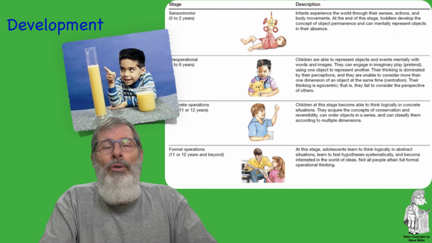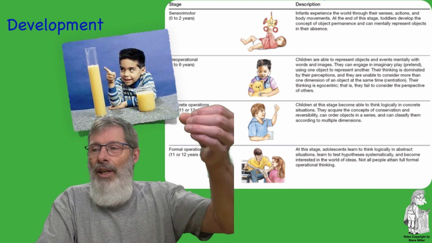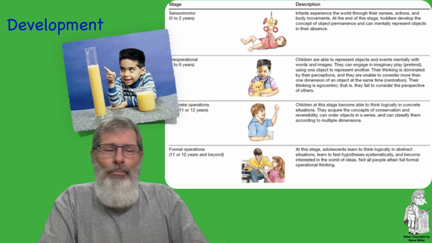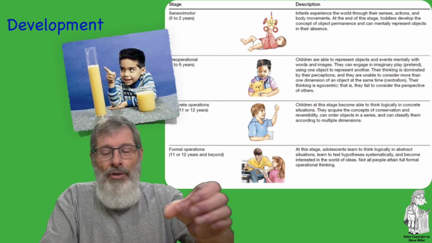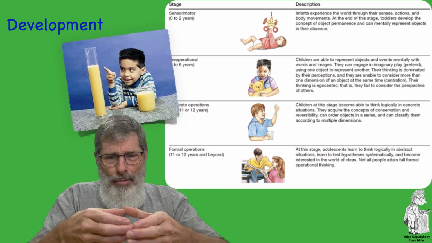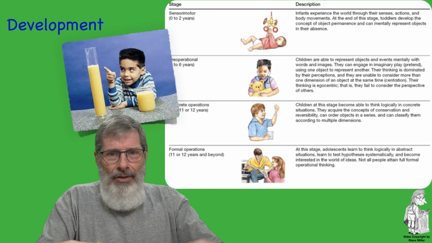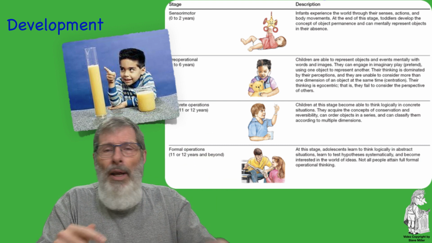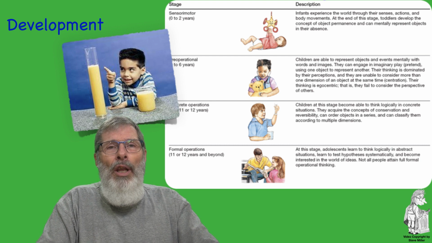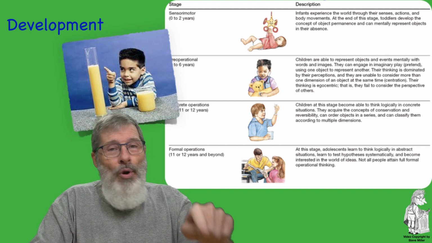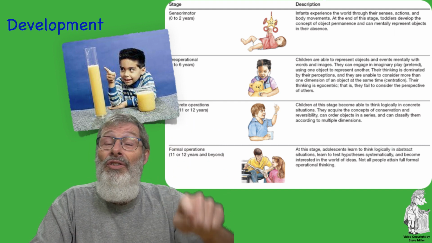So, for example, you give a child a long, slender beaker filled with water right to the top, and you pour that long, slender beaker into a broad, stout one. It's definitely shorter, rounder, and you say to the child, which one has the most fluid? Like which one holds the most? And most children who haven't completed this stage will point to the tall, slender one because it's taller.